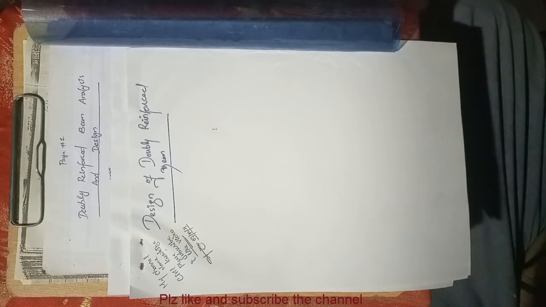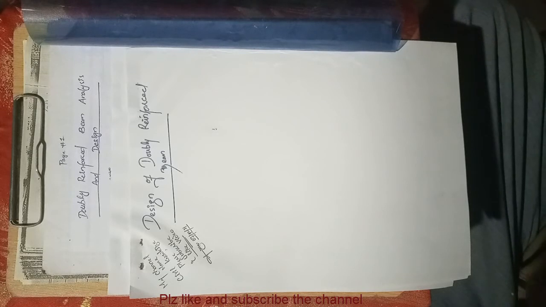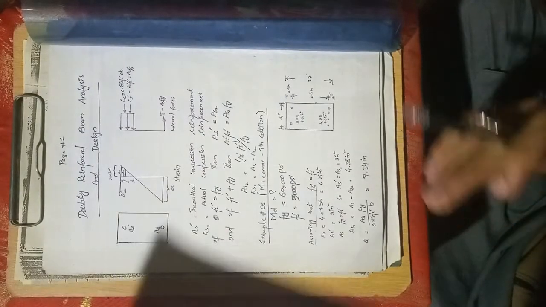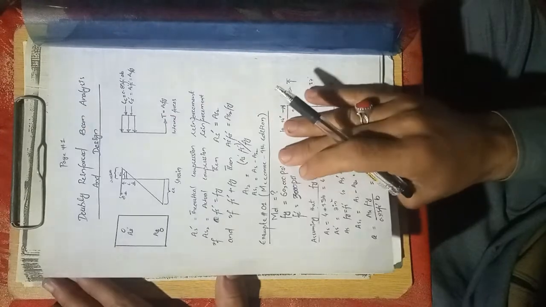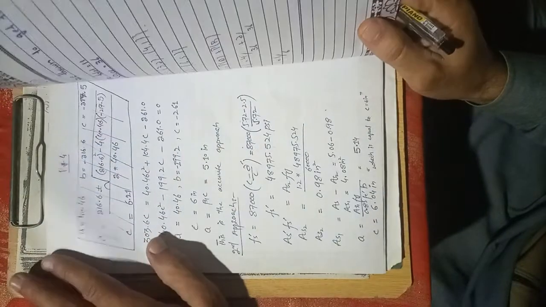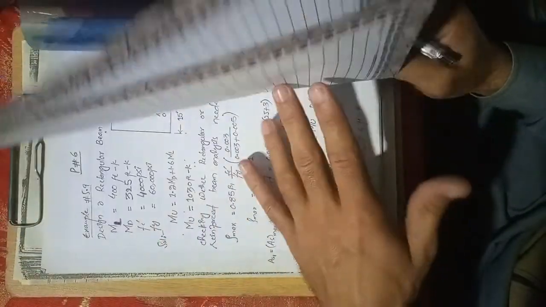Students, basically this lecture is on the design of a doubly reinforced beam, as we recorded in lecture number 1 and lecture number 2. I had already recorded lecture number 3, but that lecture had a little bit of a sound problem, so that's why I'm recording it again. In lecture number 1, we covered the theoretical portion of the doubly reinforced beam, while in lecture number 2 we covered some examples, right? And in this lecture, lecture number 3, we will cover this example